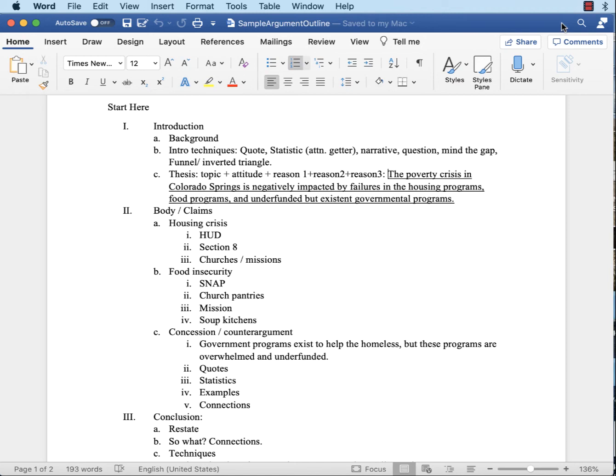This is a sample essay that you could use as the framework for your argument of definition. You're not required to turn in an outline in Comp 1. In my Comp 2 classes, they always have to have an outline before they write the research paper. But with most of the essays that we write in Comp 1,